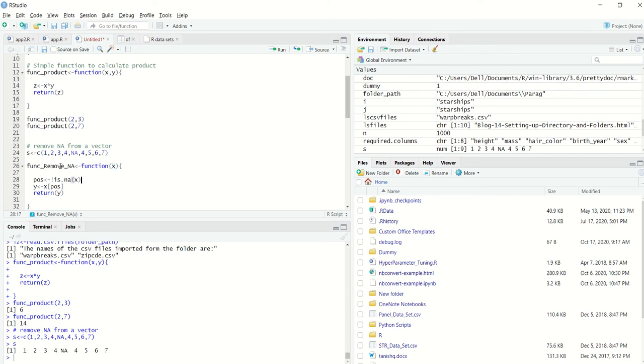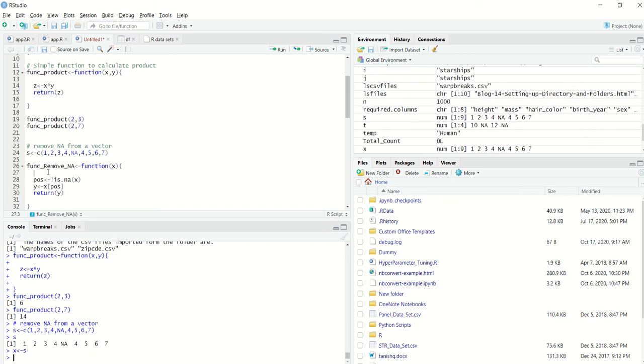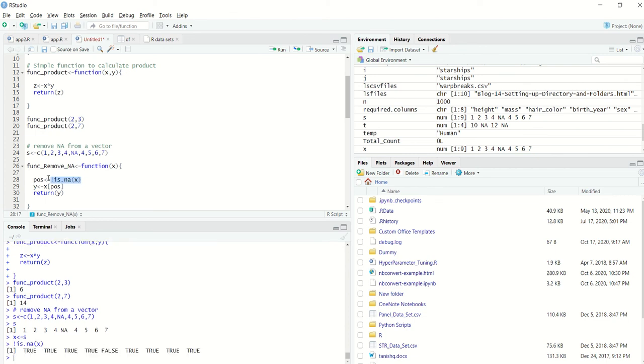Now once that vector is received by the function, to give you more understanding of how exactly this is done, let me assign x to x. First we'll see the positions where x doesn't have an NA. There is only one place where there is an NA, which is FALSE.